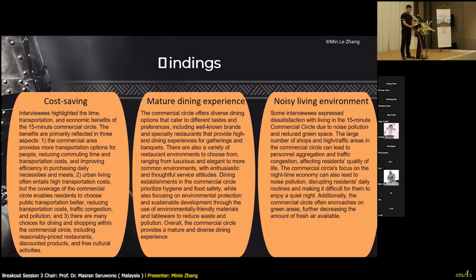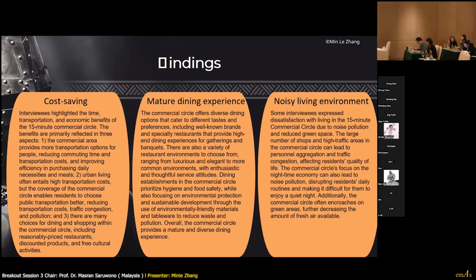Second, it enriches residents' life experience, especially in terms of dining. With a large number of restaurants of different grades in the commercial circle, residents can choose the corresponding restaurant according to their actual needs. And these restaurants are all within a 15-minute living radius that the commercial circle brings to residents' lives.